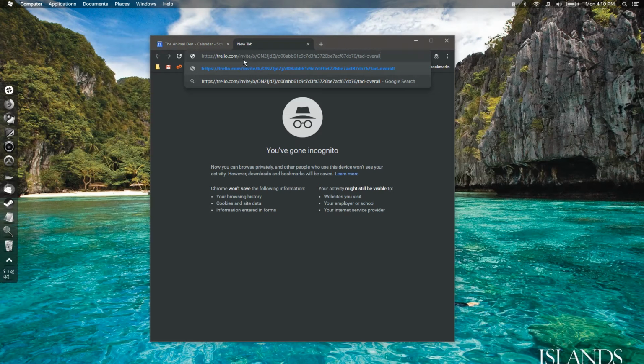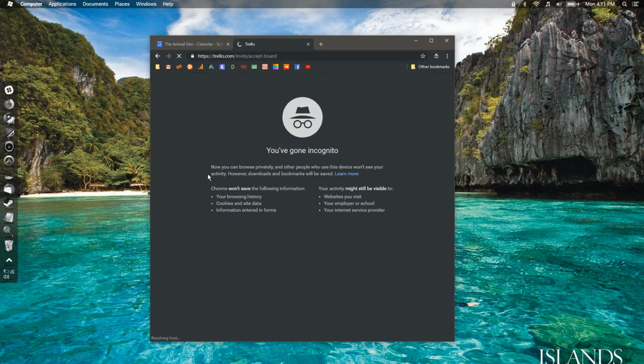I'm in an incognito browser. You know what incognito means, but the reason I use an incognito browser is I'm totally signed out of all my accounts. It's almost like I'm approaching this link as if I were you. You're not accessing this link from my computer, and I want to see what you see. So this is how I do that.